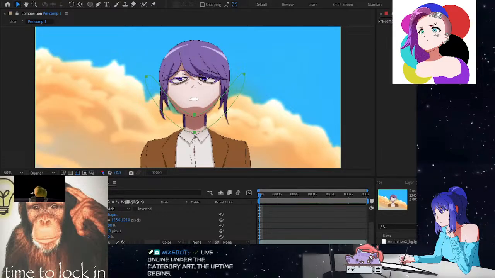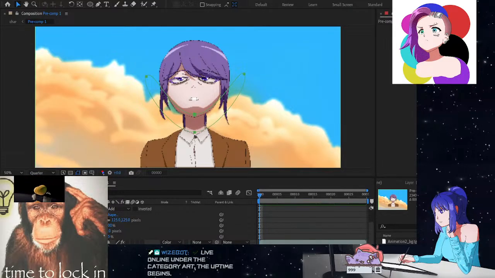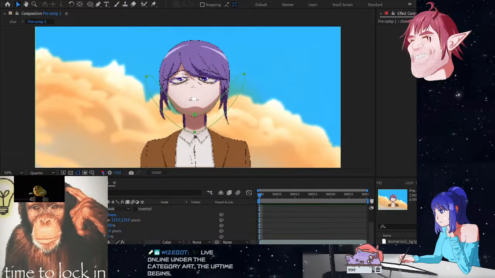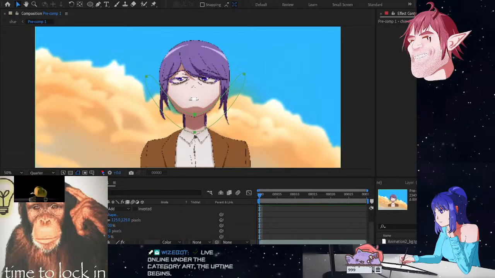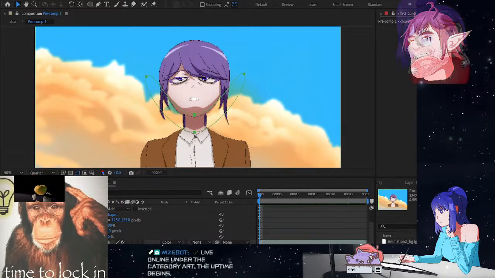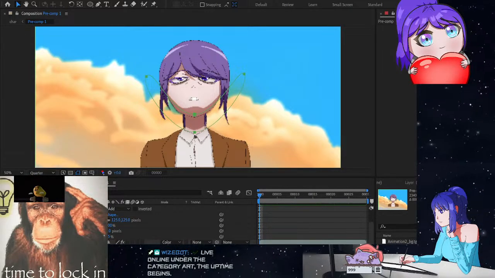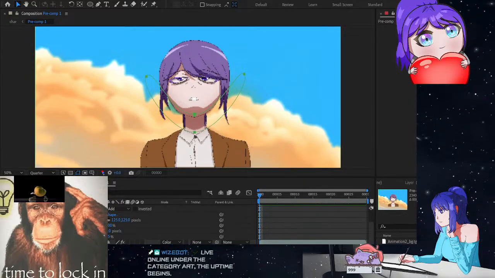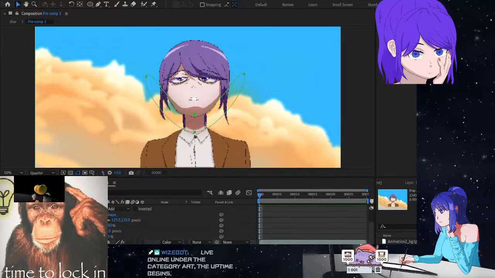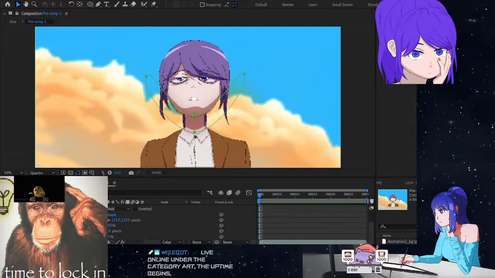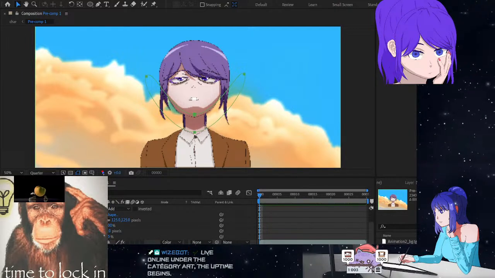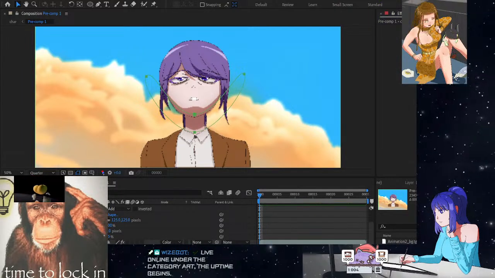We will increase the scale a tiny bit, and move the camera to the side, so we're basically zooming in. To create this zoom, we are obviously setting keyframes to our scale, but why are we also setting keyframes to our position? You see, if we only animate scale, it will